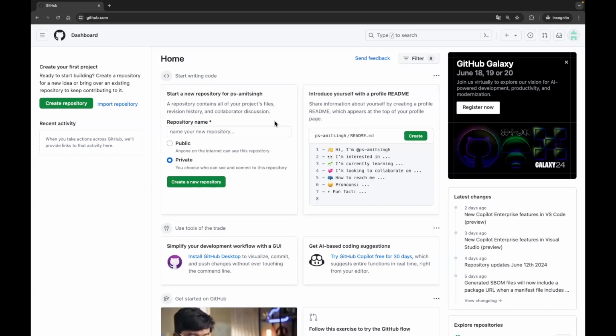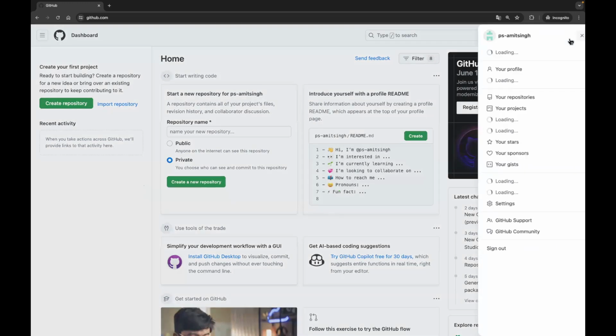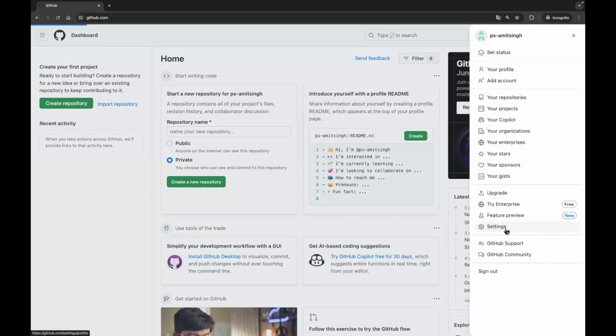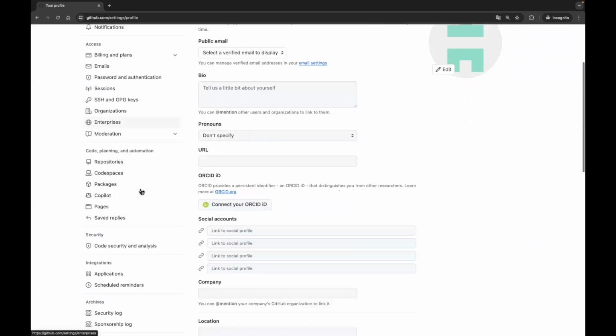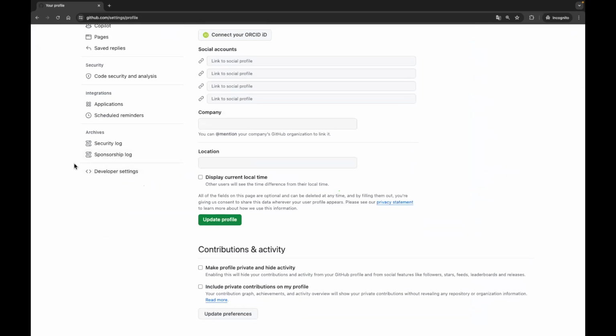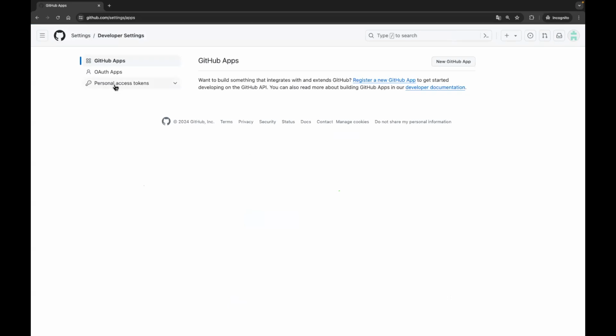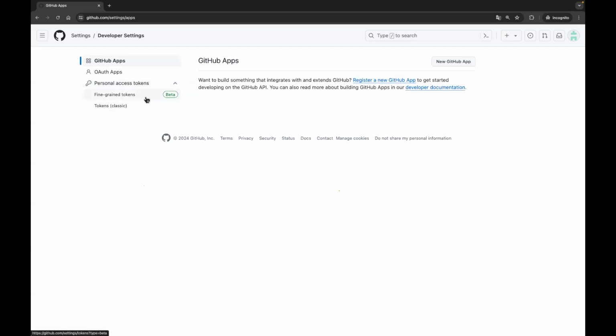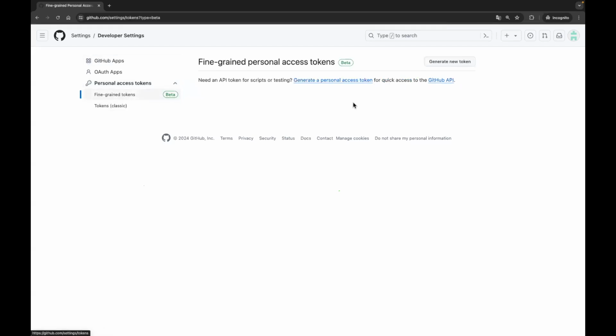One important thing after you have created a GitHub account, or if you are using your existing GitHub account, is that you need to go to your profile, go to settings, and then scroll down to the bottom. On the left hand side, you will find something called developer settings. Click on that and then go to personal access tokens from the left hand side. Then click on fine-grained tokens, whatever you want to. Click on new token. The reason we need to generate this token,